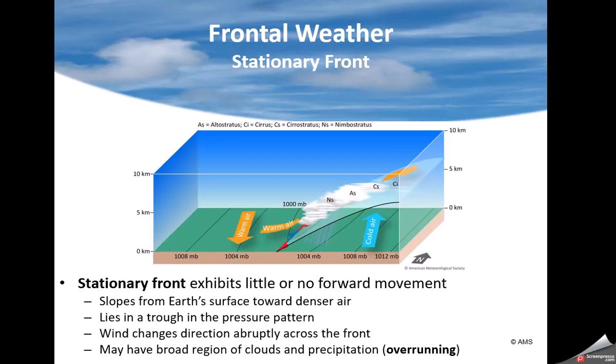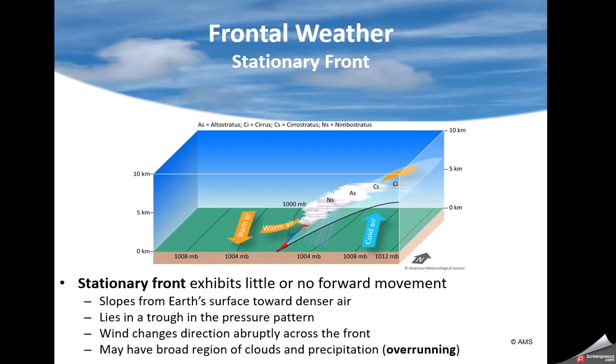Here is an example of a stationary front, where two air masses are next to each other but not moving either way. Some of that warm air is being lifted up over the stationary front at the higher levels. Remember, everything's three-dimensional, so you've got somewhat of a southerly flow at the upper levels, maybe pushing some of the warmer air up over that cold dome of air. As it rises, it cools. We've learned that. As it cools, it forms clouds. So the most cooling and the most clouds are very close to the warm and humid air mass, with less the further up you get.